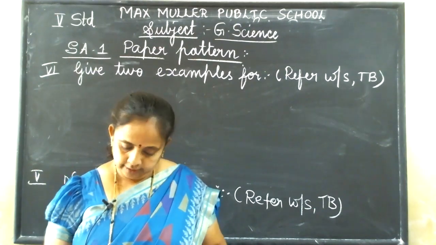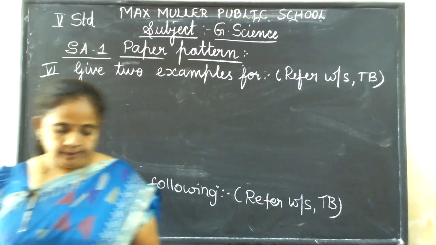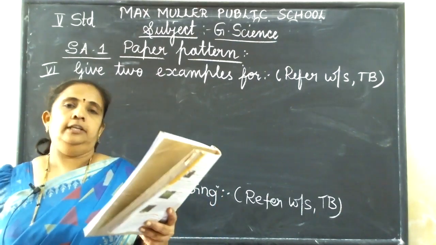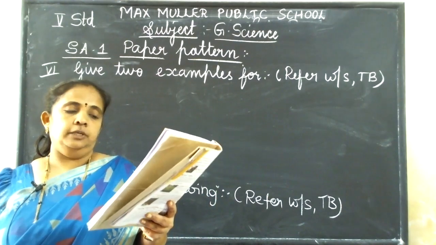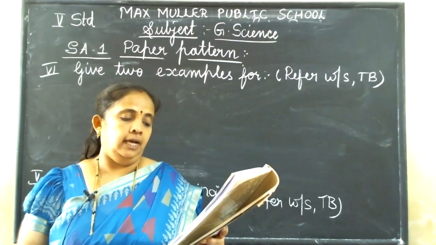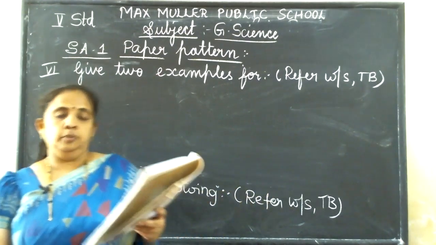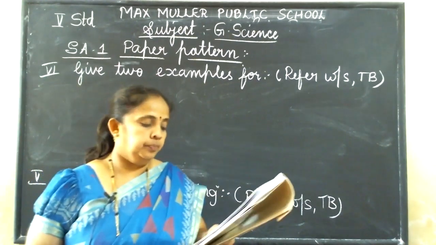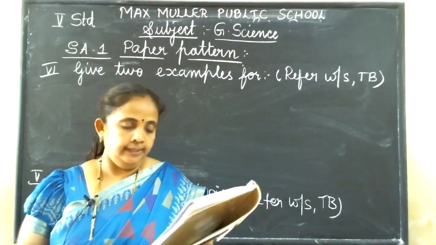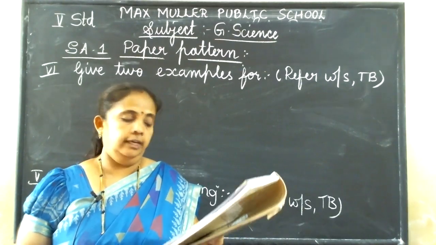You don't have it in any other place. Page 13, that is first lesson, page number 13, B main. Seeds dispersed by wind: dandelion, cotton. Seeds dispersed by water: lotus, coconut. Seeds dispersed by animals: cherry, guava. Seeds dispersed by explosion: pea, bean. Plants that can be grown from roots: sweet potato, carrot. Plants that can be grown from stems: rose, sugarcane.